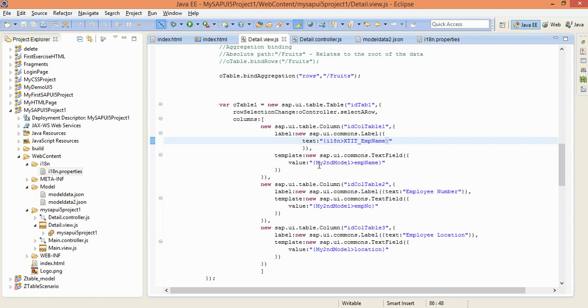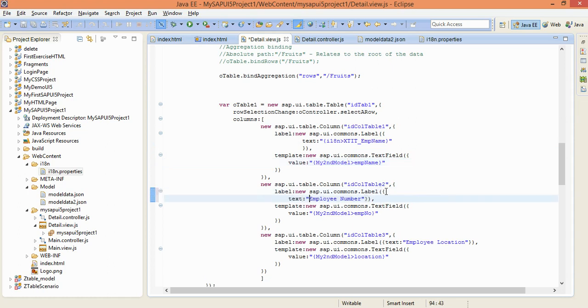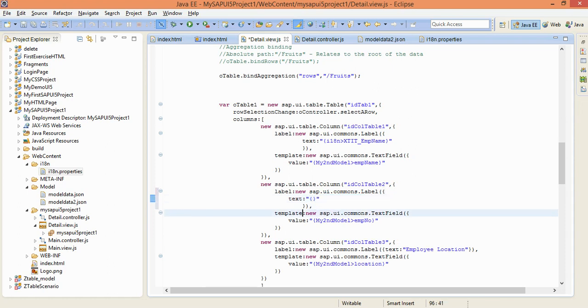Now for the second column, I am going to replace the label here again. For the text employee number, I'm going to write here in curly brackets i18n greater than symbol, and what was the variable name? XTIT underscore EMP